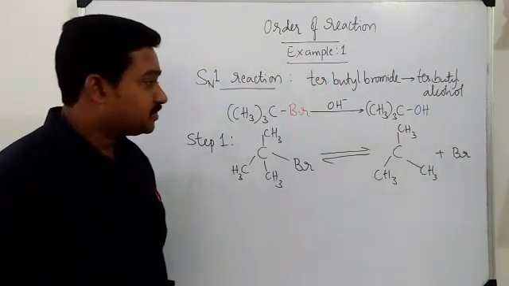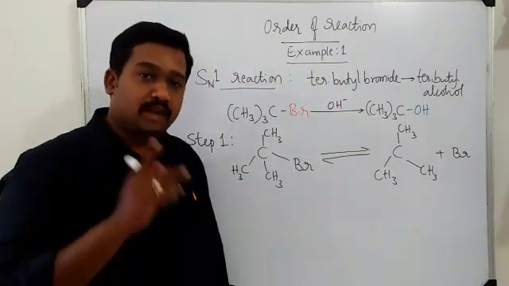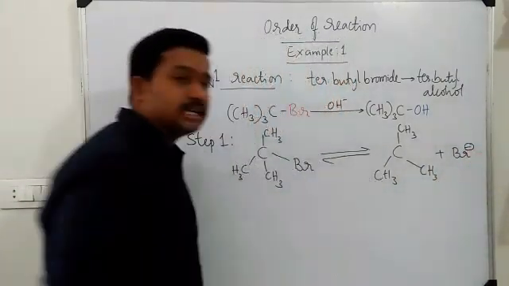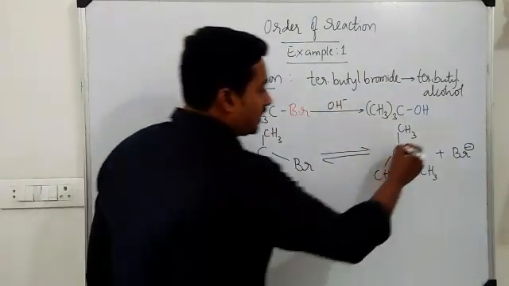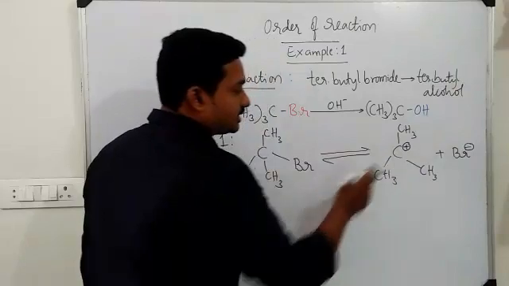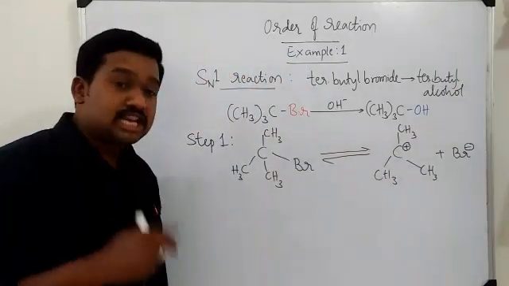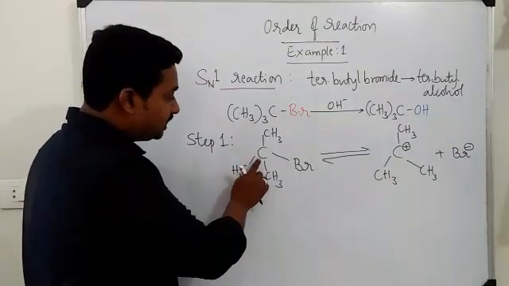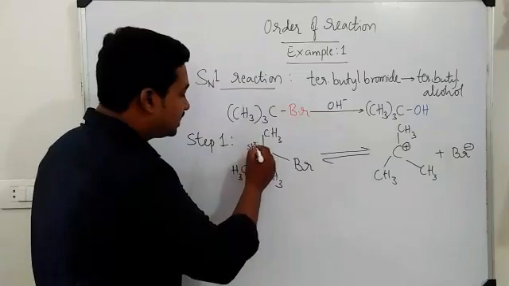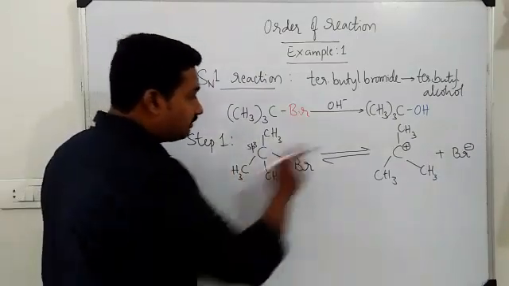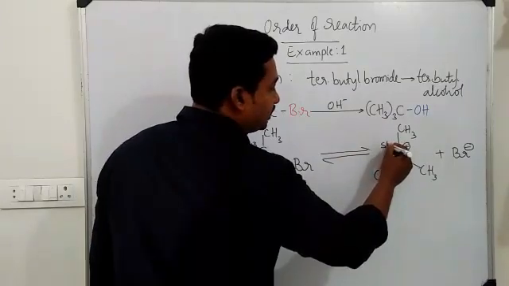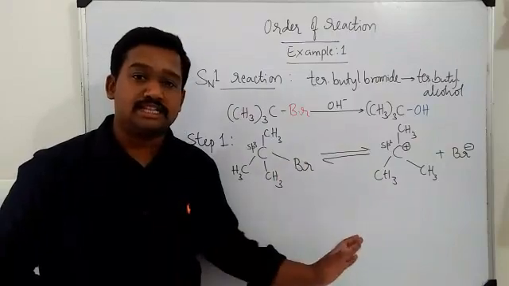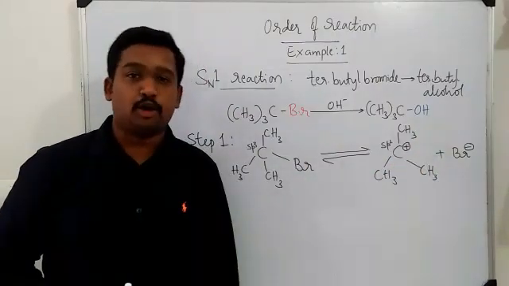When the bond is broken, since bromine is highly electronegative than carbon, it takes away the 2 electrons involved in the bond and becomes negatively charged ion, and carbon gets positive charge. Now we call this as carbocation. There is a change in hybridization also taking place during this step 1. There is sp3 hybridization for this carbon which has a tetrahedral shape. On conversion into carbocation, it changes into sp2, which is a planar structure. It has a planar triangular arrangement. So bromide ion has left the molecule.